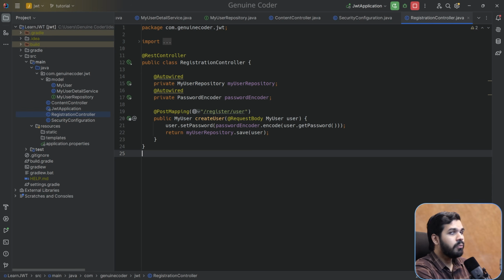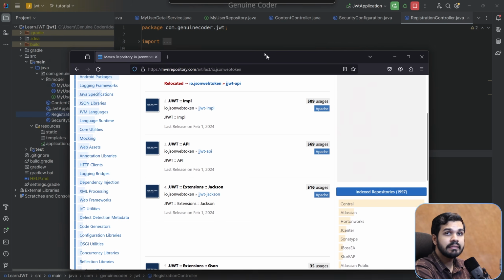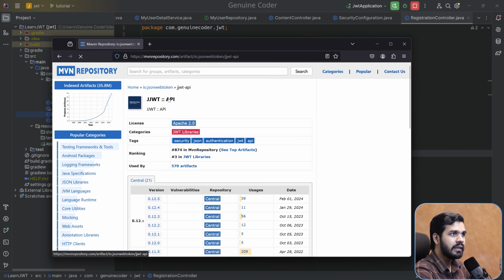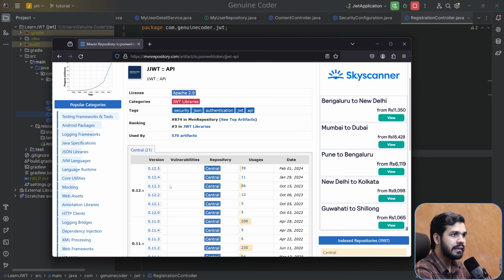To support JWT, we have to add 3 libraries. The first one is io.jsonwebtoken JWT implementation, then JWT API, then JWT Jackson. This is the API, this is the API's implementation, and this is for supporting JSON and those kinds of things. So I will add these one by one. JWT API. So let me take